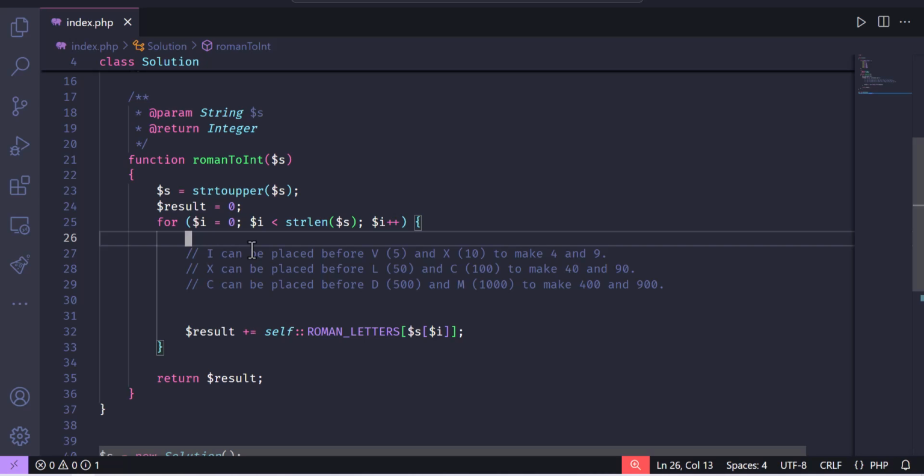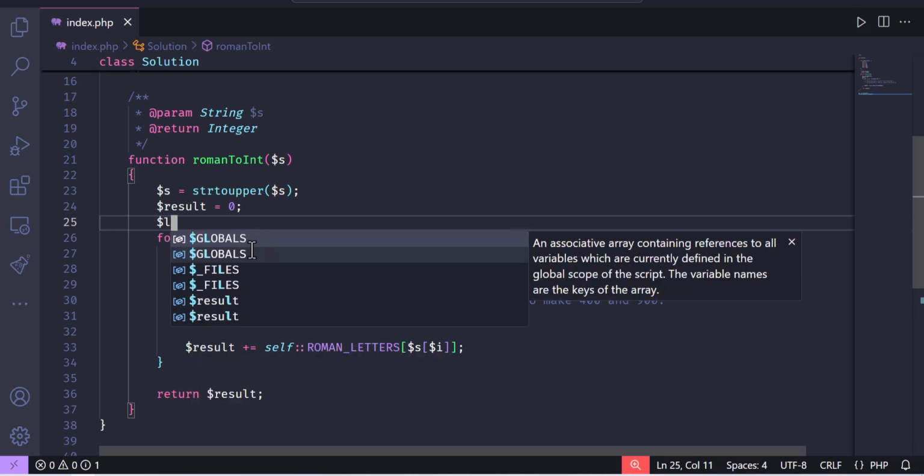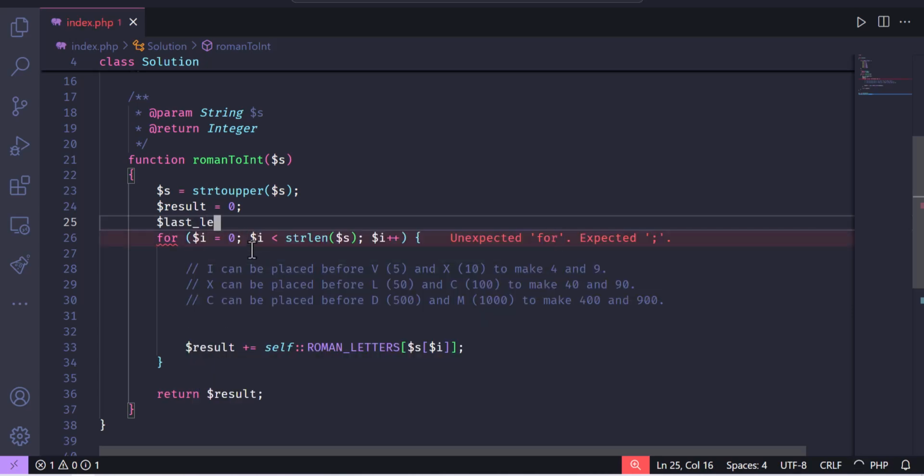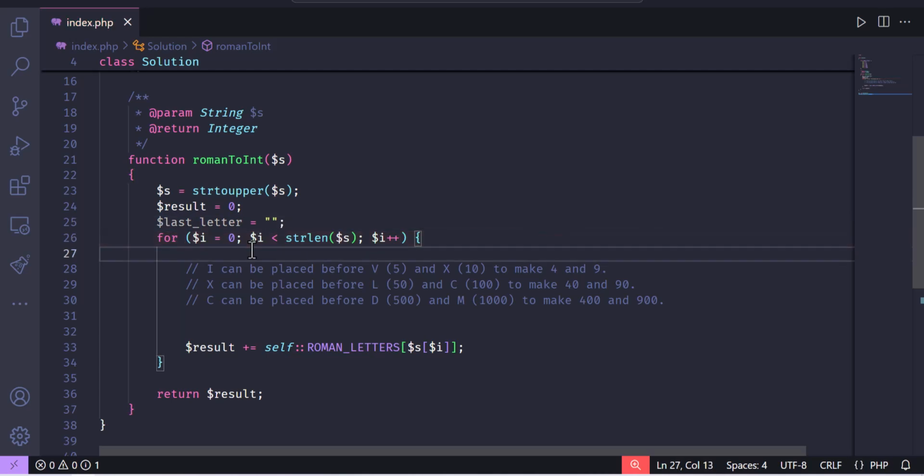For example, the first one is, we can save the last letter as this and check